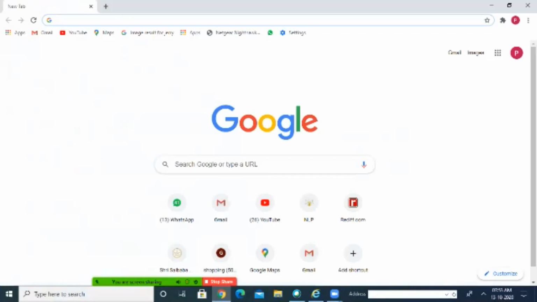Here either I can type classroom.google.com, otherwise I can go to my Gmail app.